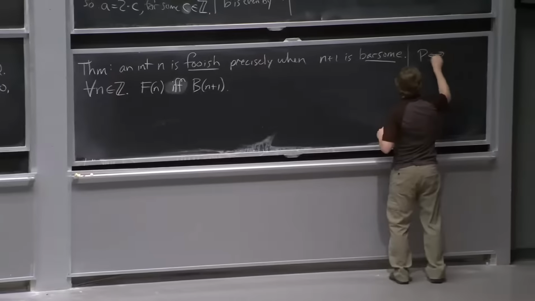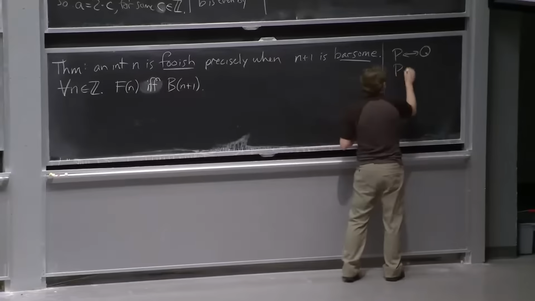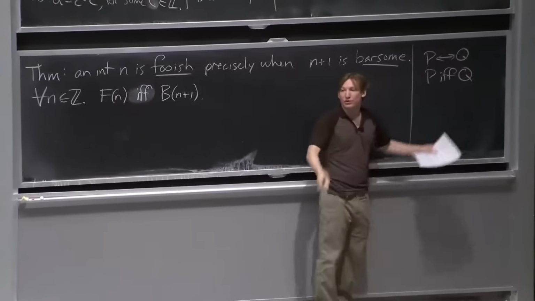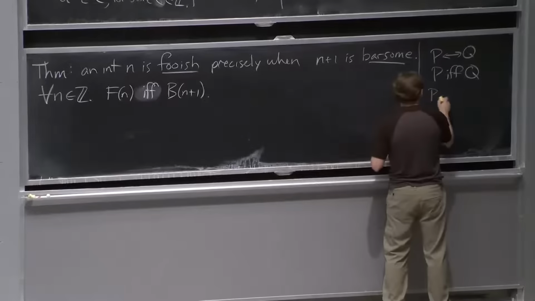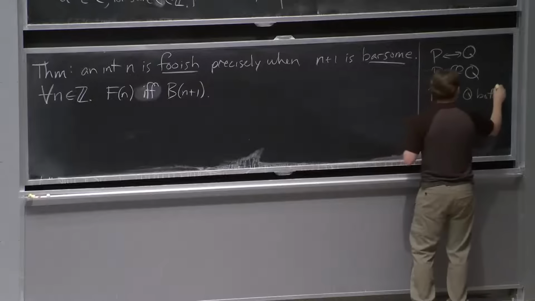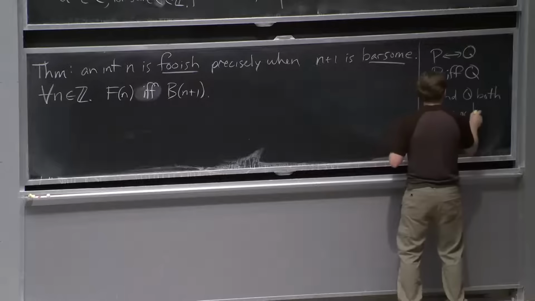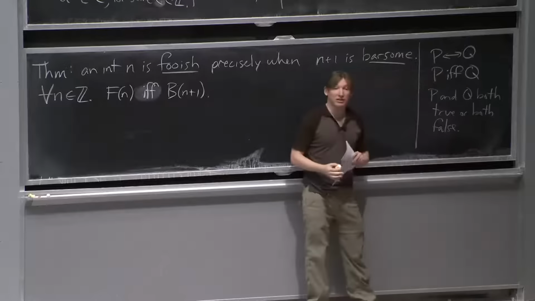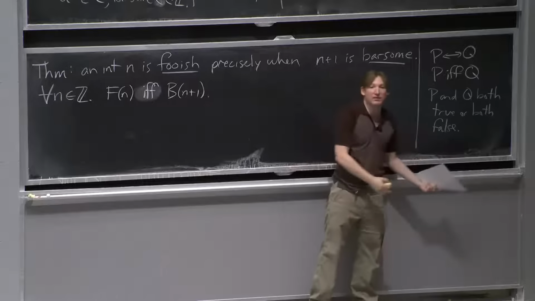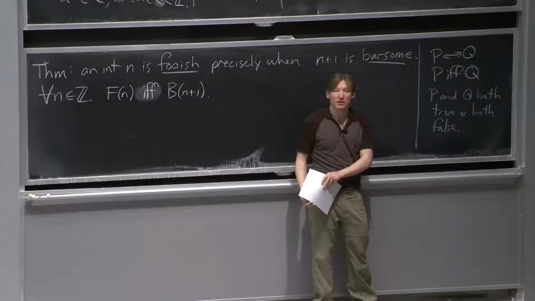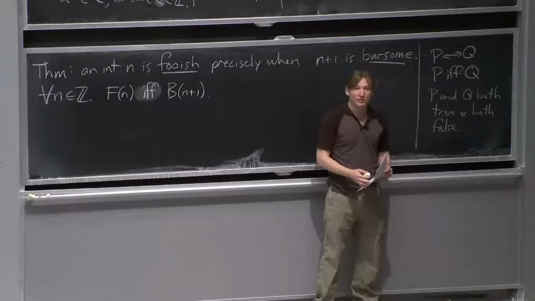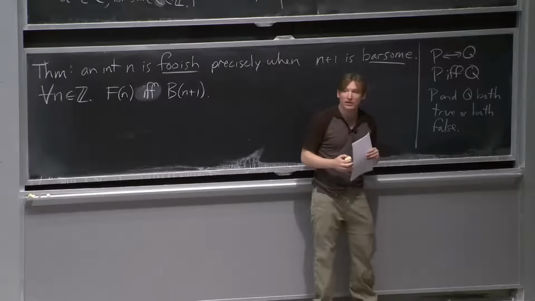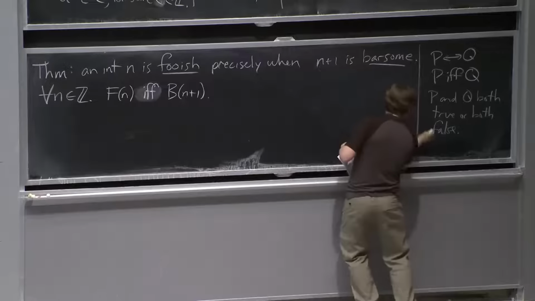So P if and only if Q, also written as P if and only if Q, means that P and Q are both true or both false. It means they're expressing the same condition. They're true in exactly the same times. They're false in exactly the same times. So they're logically equivalent. One way you can define this, so like we could just draw the truth table like we did last time, but also commonly,